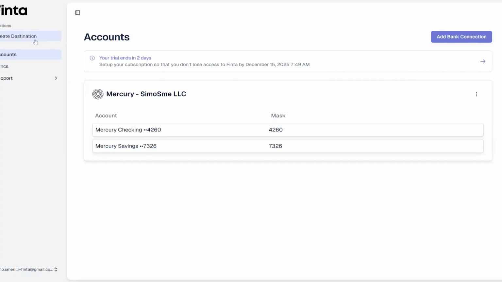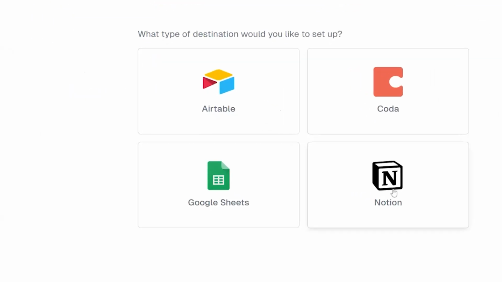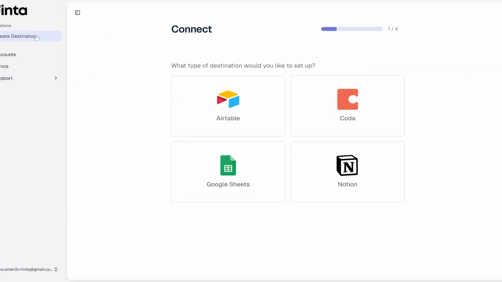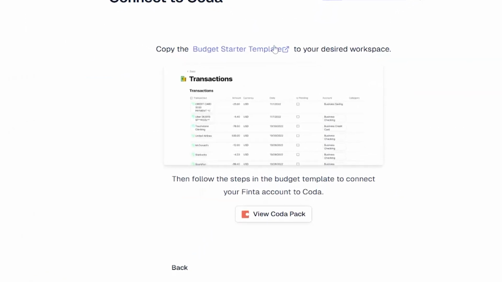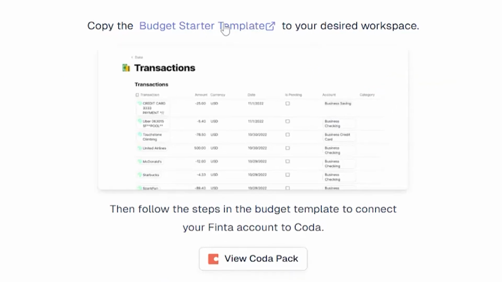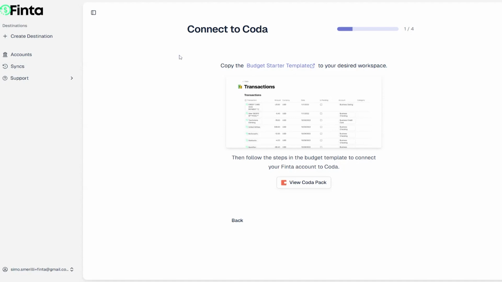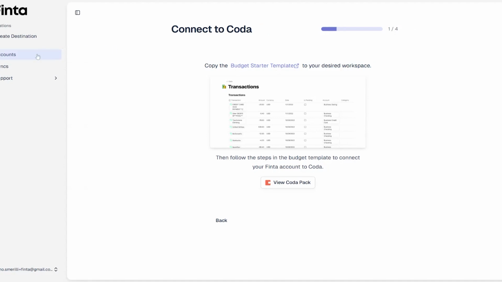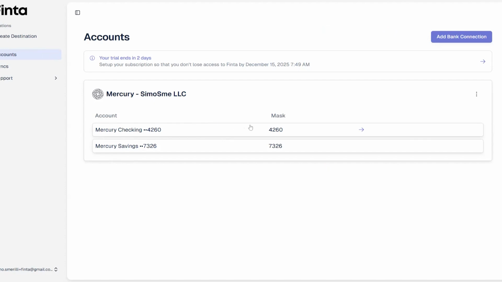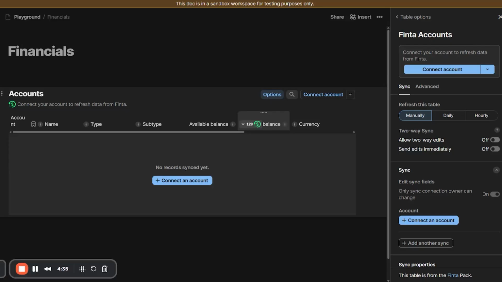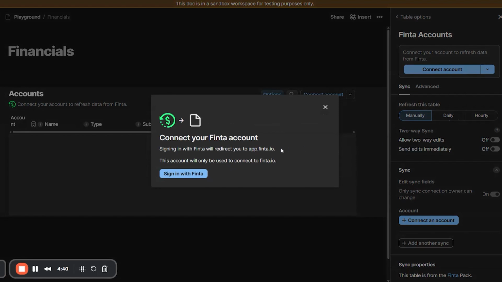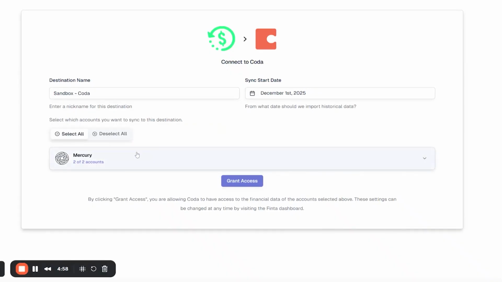So we close this up. Here are the available destinations. Keep in mind, there is also Notion, for example, or Airtable and Google Sheets. Although, if I click in here, this forces me to start from a template, which is fine. Not what I want, though, in this example, because I want to load my accounts data in an existing Coda doc. So to do that, I will go back to Coda and connect account, signing with Finta,